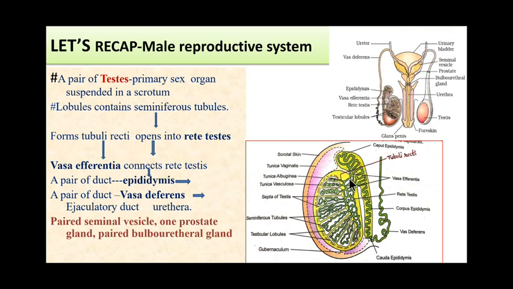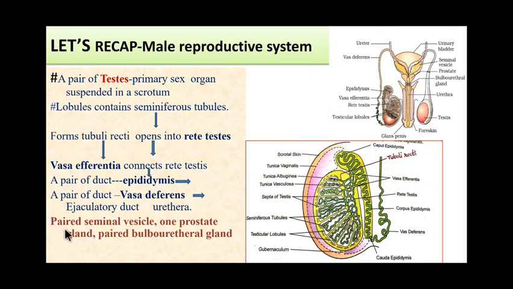From the epididymis, the vas deferens is the continuation of the cauda epididymis. Somewhere it is slightly coiled at first and then it becomes straight, and then it enters the abdominal cavity through the inguinal canal. Here it passes over the urinary bladder, curves round the ureter and joins the duct of the seminal vesicle to form the ejaculatory duct. So we saw all this.